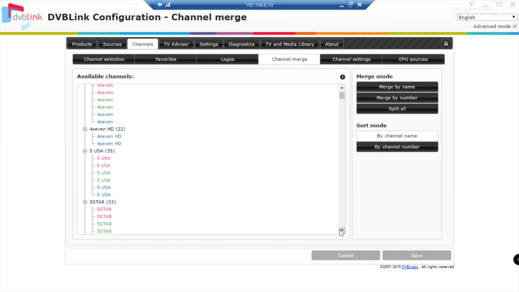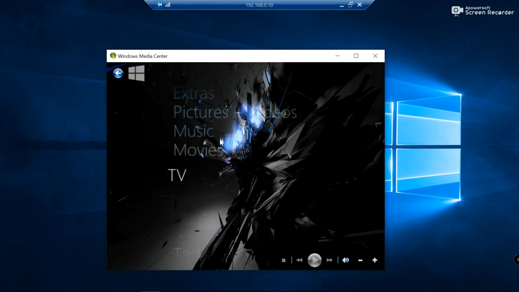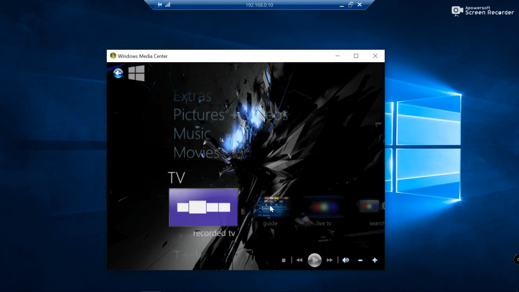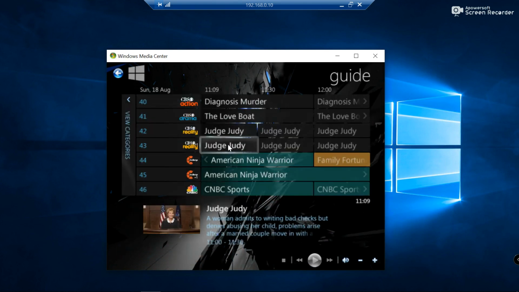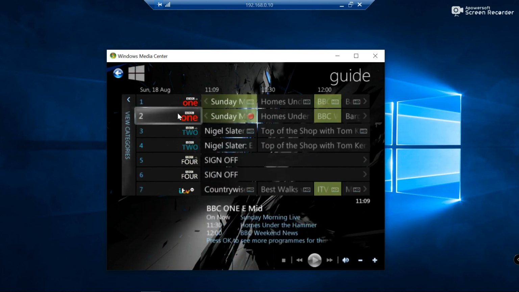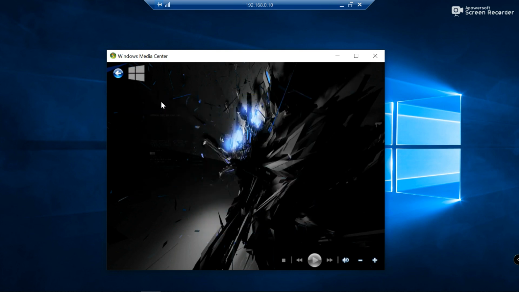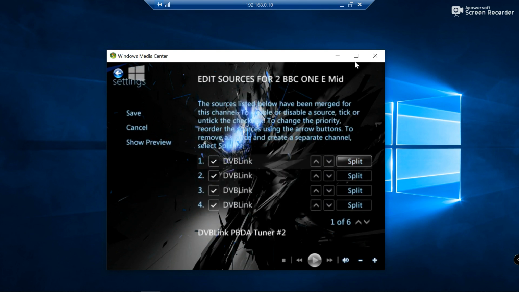It's not like in Media Center where you went to this screen where you were doing this. If you were doing this all manually in Media Center and trying to merge sources, I can't remember how you actually did it, didn't I? You go here, wouldn't you? We go to the first one. So the old way of doing it would be go here, go edit channel, go edit sources, and then try and get all these to be married up, and you'd be flicking, oh, I need that one to be the first tune, and that one to be the second, and then that one to be the third. And you'd have to get them in order so that Media Center would go